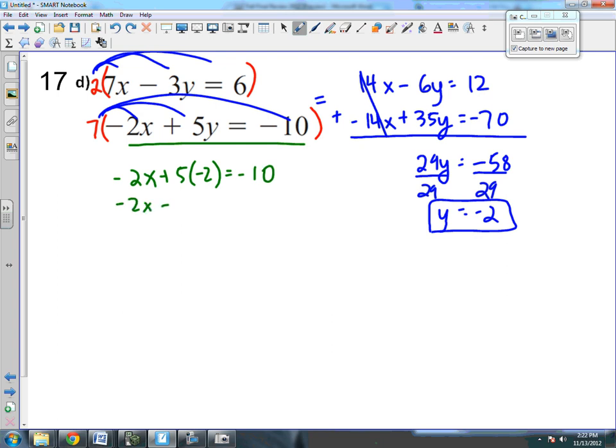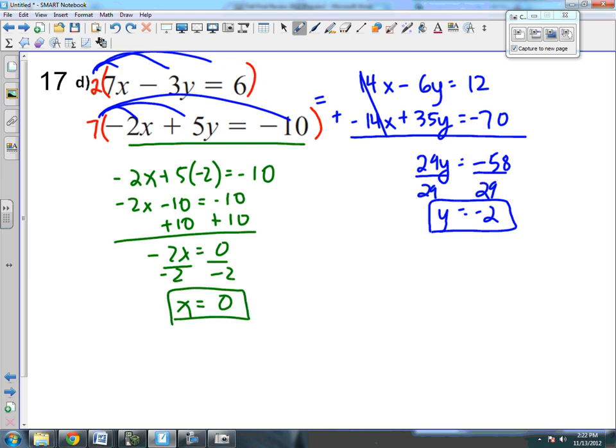So I get negative 2x minus 10 equals negative 10. I add 10. And then what happens here is I get 0. And a lot of times students say, no solution, whatever. No, but at this point, I still have an x, which means that it's not no solution. No solution happens when x goes away, when x cancels. X didn't cancel here. So I just divide, keep going, and just carry it out until the end,